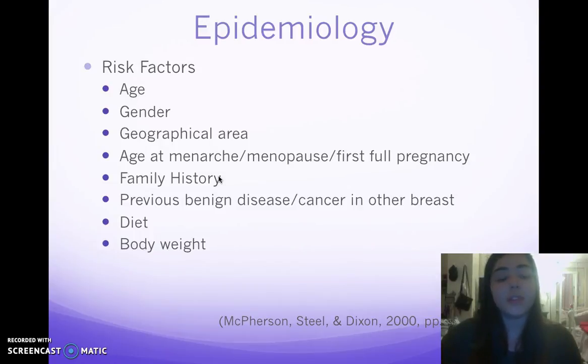Family history: if you have a family member like your mother who was diagnosed with breast cancer before age 40, you have a higher risk of developing breast cancer yourself. Typically, family history counts for your first degree relatives. And then if you have a previous benign disease, so a benign tumor in the breast, or a non-invasive breast cancer. And then also